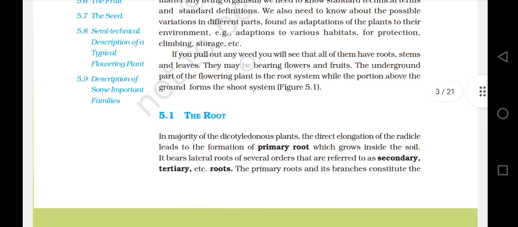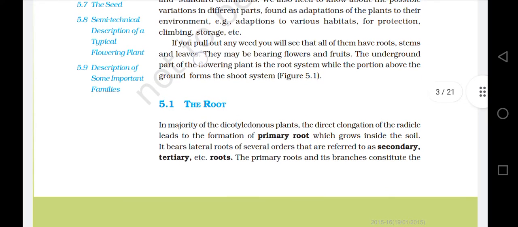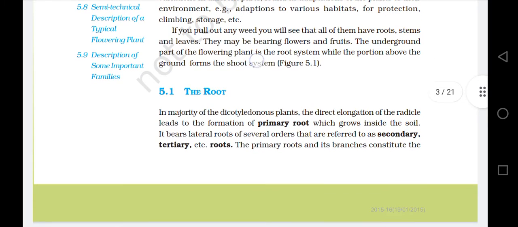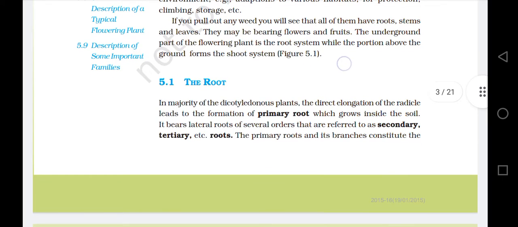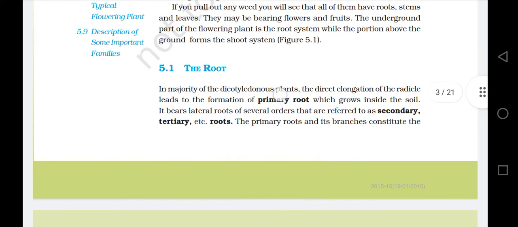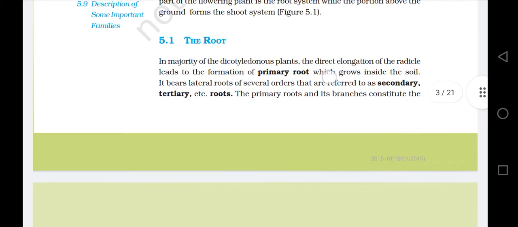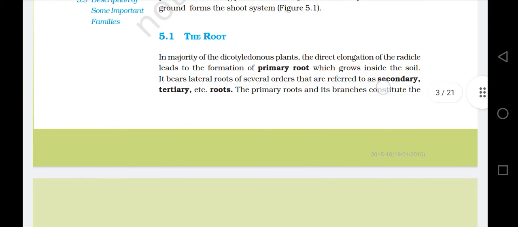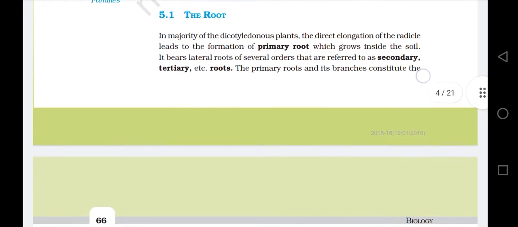If you pull out any weed, you will see that all of them have roots, stems, and leaves. They may be bearing flowers and fruits. The underground part of the flowering plant is the root system, while the portion above the ground forms the shoot system. Figure 5.1. 5.1 The root. In the majority of dicotyledonous plants, the direct elongation of the radicle leads to the formation of the primary root, which grows inside the soil. It bears lateral roots of several orders that are referred to as secondary, tertiary, etc. roots. The primary root and its branches constitute the